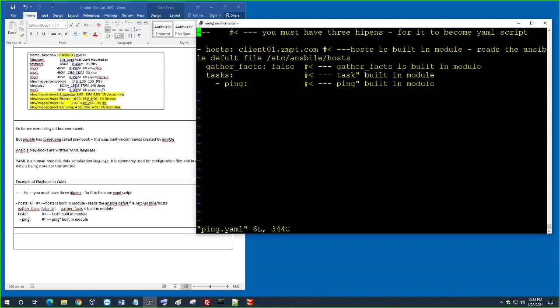I was saying, could you cover a little bit of what we covered at the end of last week for the playbook in YAML, just to get a little more? Yeah. The playbook is